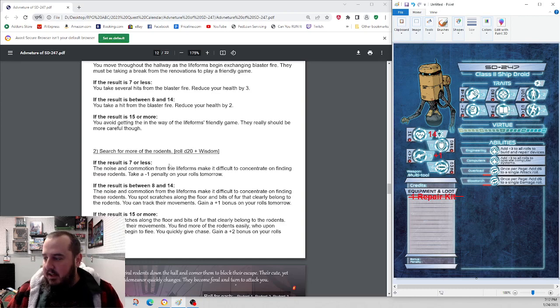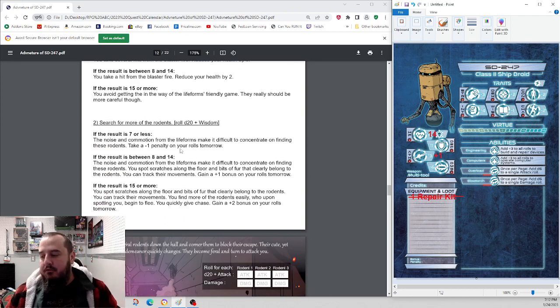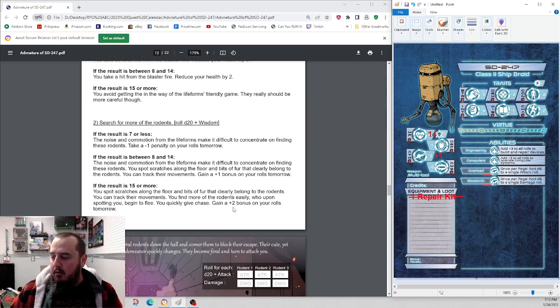All right, next up, where we got that sweet natural 20, searching for more rodents. You spot scratches along the floor and bits of fur that clearly belong to the rodents. You can track their movements. You find more of the rodents easily, who, upon spotting you, begin to flee. You quickly give chase. Gain +2 bonus on your rolls tomorrow. +2 bonus to your rolls, period. All rolls are +2. According to this,